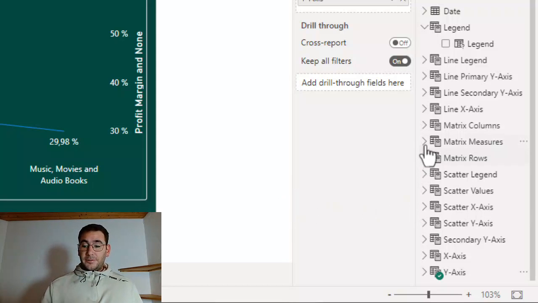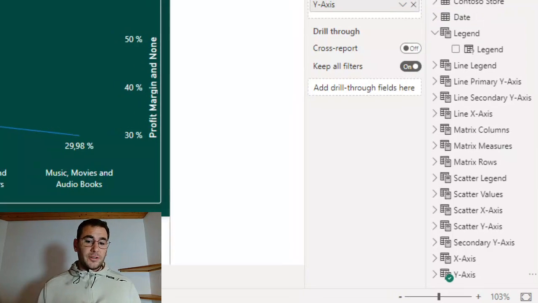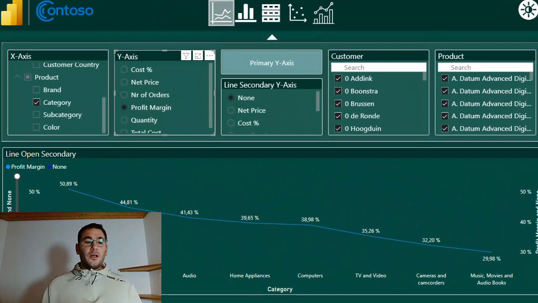And I've done this for the matrix. I've done this for the line. I've done this for the line with the secondary. I've done this for the bar chart as well. And this is the base of the self-service report. And this gives us the option of choosing the x-axis, the measure, the y-axis, however I wanted to adjust